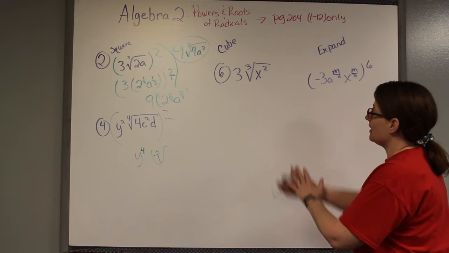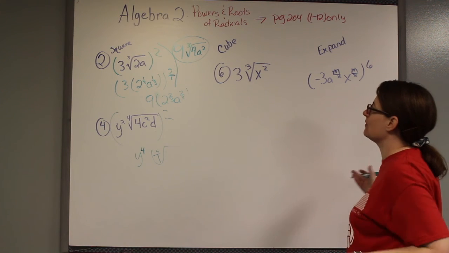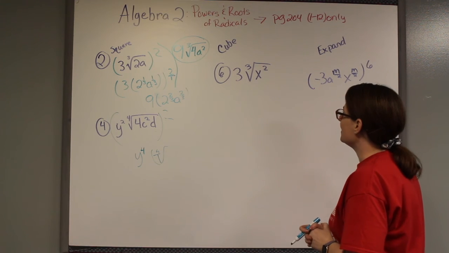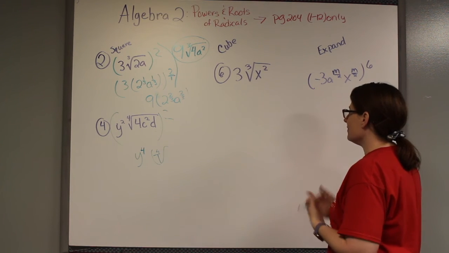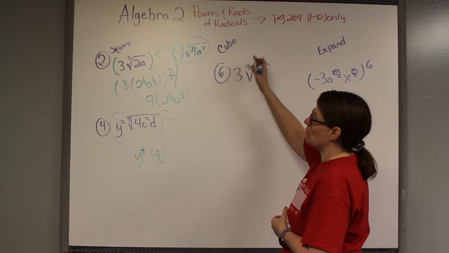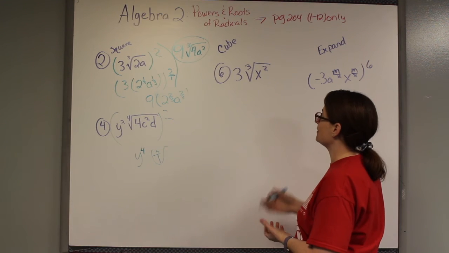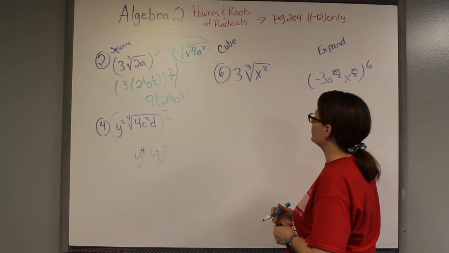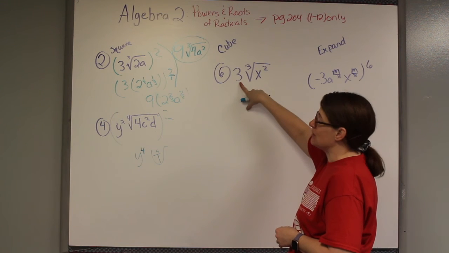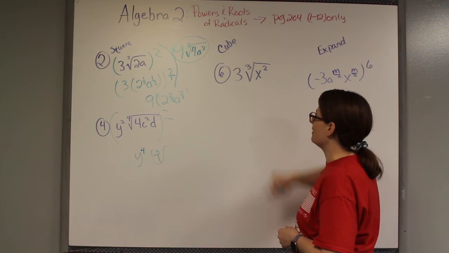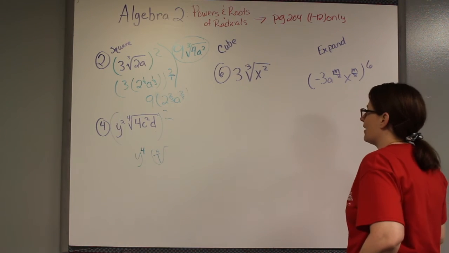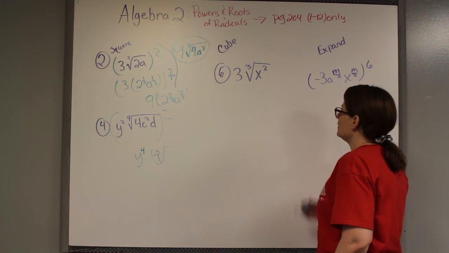Alright, so the next portion says cube. There's only 4 in this one, so I picked one that was kind of middle of the line in here. And so remember the outside numbers, you have to square them, cube them, whatever it is that they ask to do also. So don't forget about that and pay attention, okay? Don't do 3 times 3 is 9, because it's telling me to cube this, not the other way around. So what I'm going to do